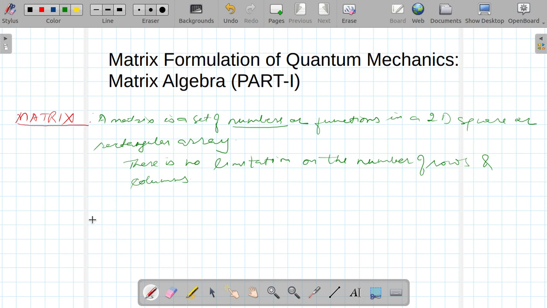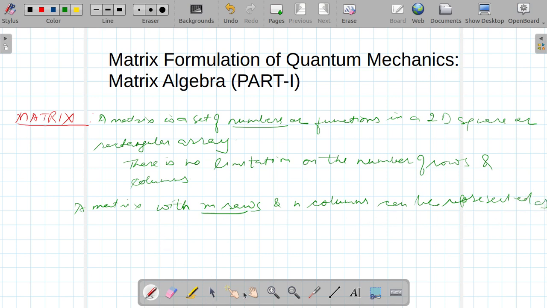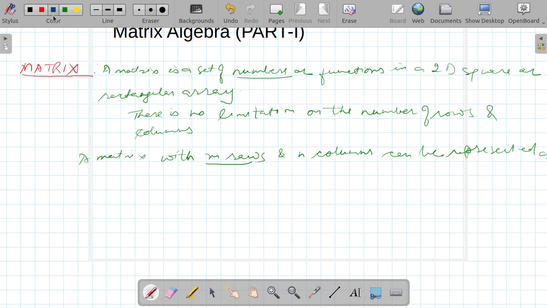So a matrix with m rows and n columns can be represented as, let me write it down here. So if matrix A is represented either this way or this way, with m number of rows and n columns,